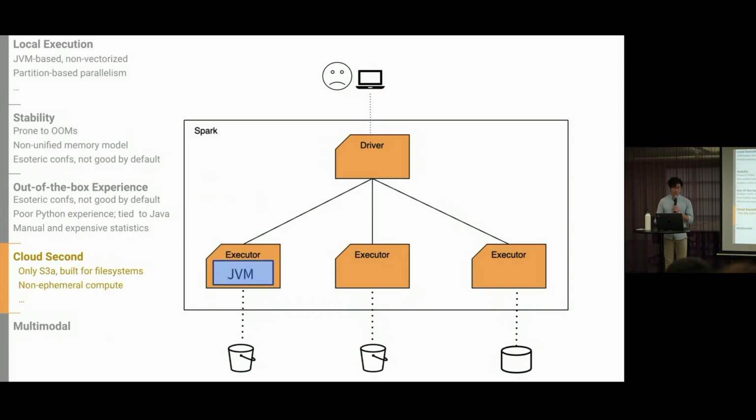It's not efficient. Because of the JVM, Spark also is not really ephemeral for compute. It takes a long time to start up. It's cold to start up, and it's a big problem when you're scaling up and scaling down your clusters. So for cloud-based computation, we want to think in terms of cattle versus pets. Pets, where you lovingly take care of a compute resource, and you bring it up and you keep it around for a long time. Cattle, where you just use it like livestock. You spin it up, you kill it, whatever.